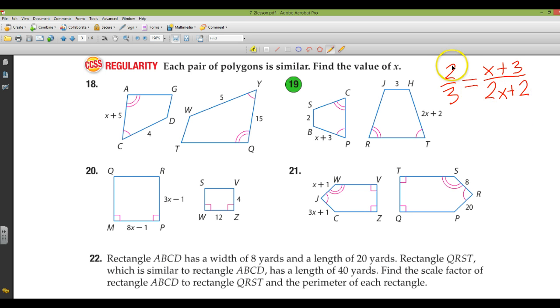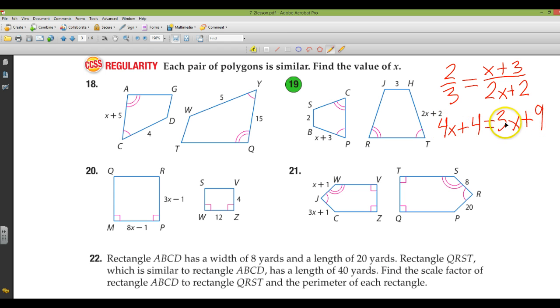So then just cross multiply. So take 2 times this quantity. So 2 times 2x would be 4x, and 2 times 2 is 4, and 3 times this quantity. So 3 times x is 3x, 3 times 3 is 9,